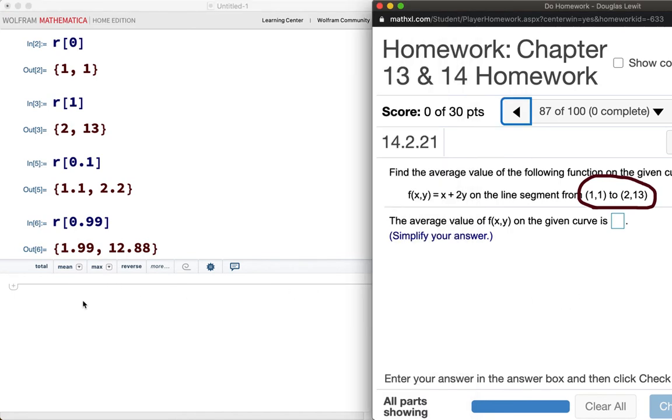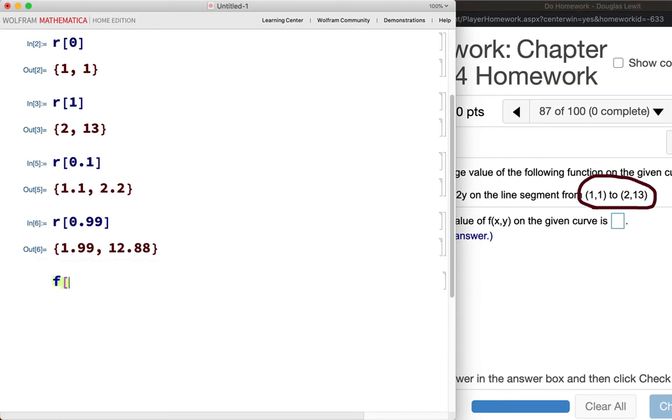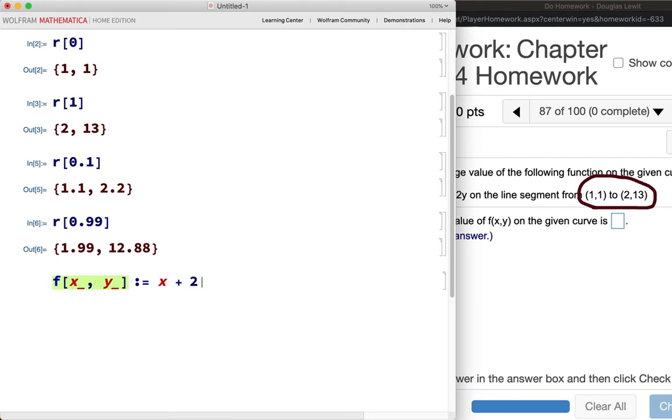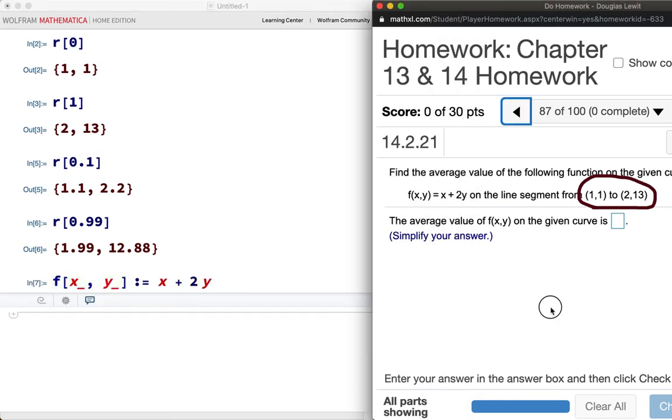Now let's define f of x and y, excuse me, is equal to x plus 2y. Okay, so that looks really good. Now the thing is, this is an example of a scalar. This is called a scalar line integral. It's a scalar. Why is it a scalar line integral? It would be